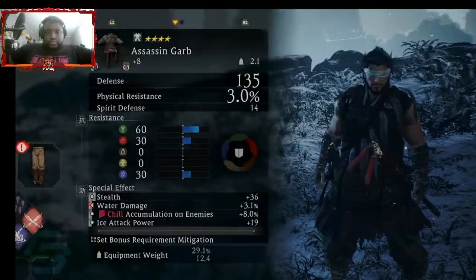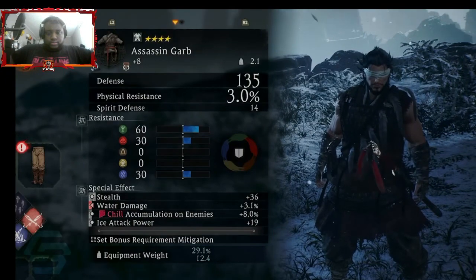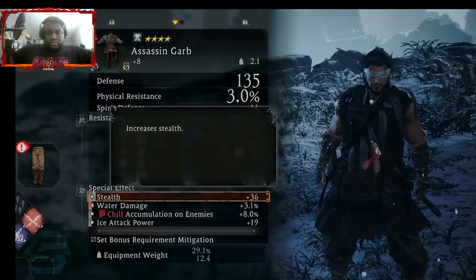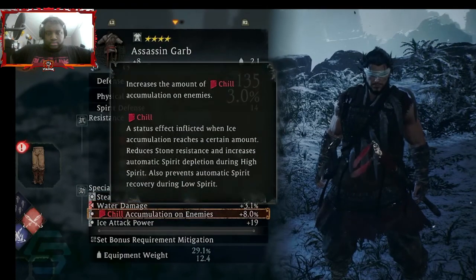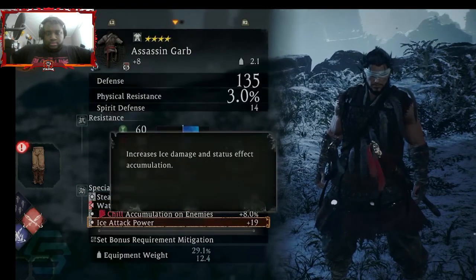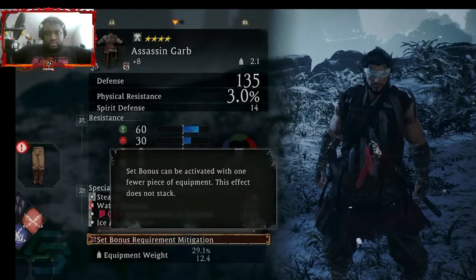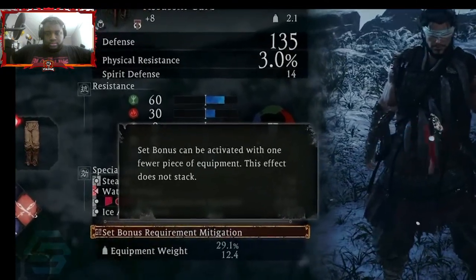For the chest piece, we have a 4-star assassin garb +8, 135 defense, and for the special effects, +36 stealth, +3.1% water damage, +8% chill accumulation on enemies, and +19 ice attack power. This piece comes with set bonus requirement mitigation, which allows you to activate your grace set with 1 fewer piece